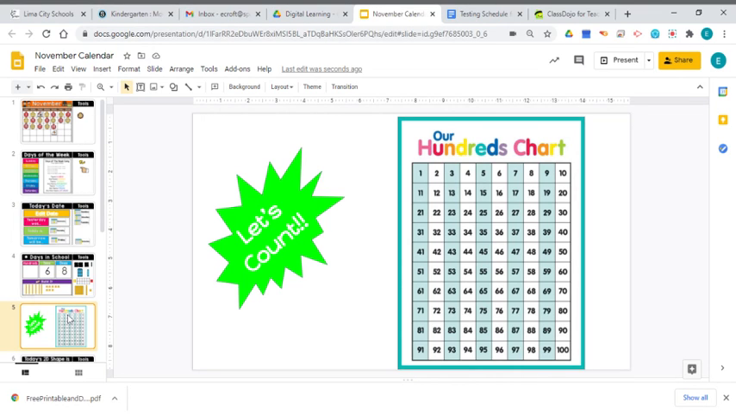So let's go ahead and count to 68 looking at our 100 chart. I want you to count with me because we have to be able to count all the way to 100 by the end of kindergarten. 1, 2, 3, 4, 5, 6, 7, 8, 9, 10, 11, 12, 13, 14, 15, 16, 17, 18, 19, 20,